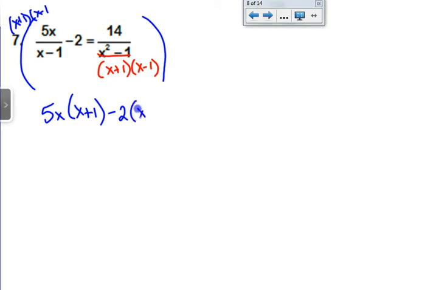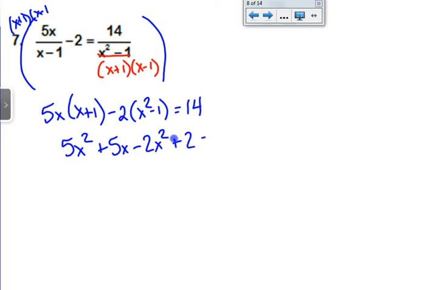I'm going to FOIL those back together and say x squared minus 1, because I know I'm going to have to distribute this -2, so I'm just saving some space. And then in the last fraction, the x plus 1 and the x minus 1 cancel, so you just have a 14. When I go ahead and distribute that 5x, oh no, we got a quadratic, 5x squared plus 5x, and when you go ahead and distribute the -2, you get a -2x squared plus 2, be careful there,